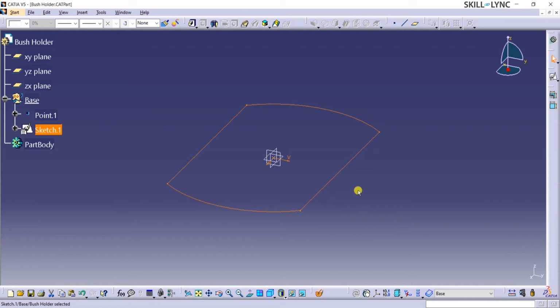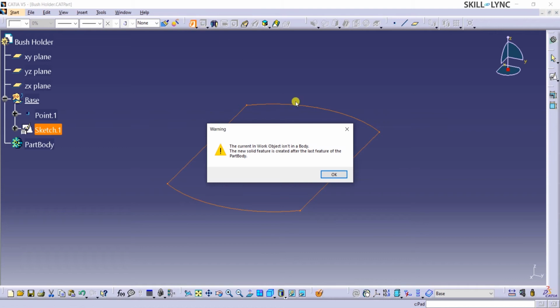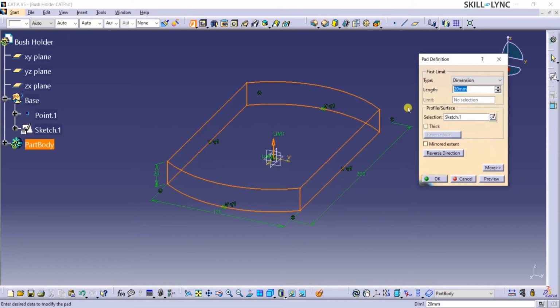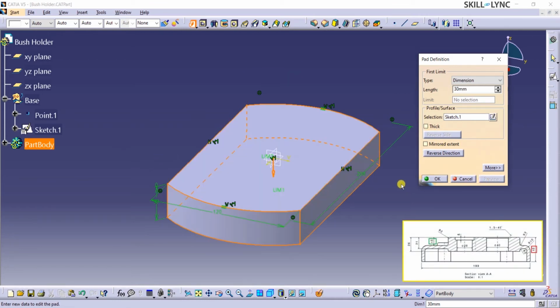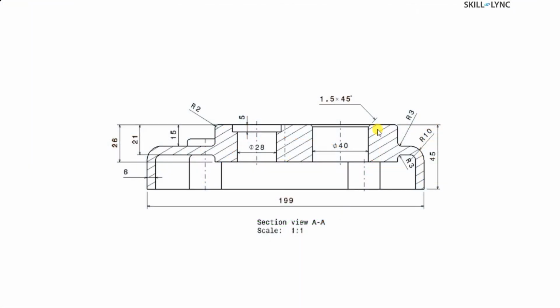Now, the software shows the part design workbench and the related commands. I will select the pad command from the sketch-based features and apply 30 mm length as seen from the drawing. I had to do a small calculation to obtain this value. From the section view AA, I can see that the whole height of the part body is 45 mm. The base starts at 15 mm from the top of the part, so I can subtract 15 mm from 45 mm to get the actual height of the base, that is 30 mm.